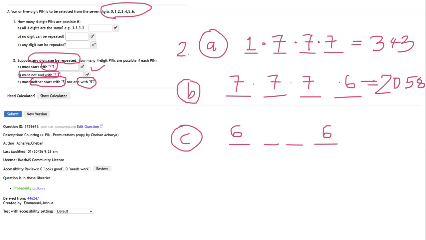For the middle 2 digits you can use any digit. So you multiply 6 times 7 times 7 times 6, and you get